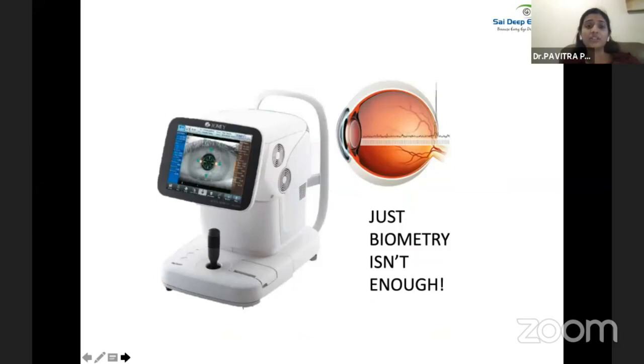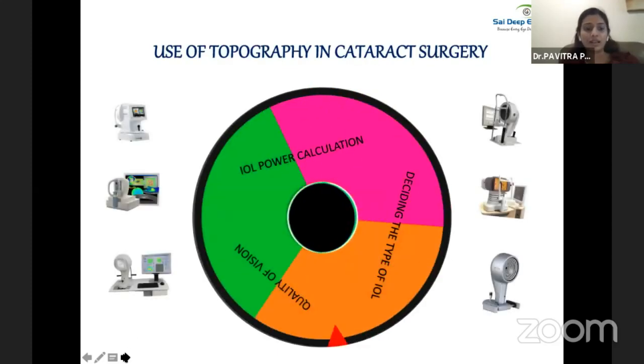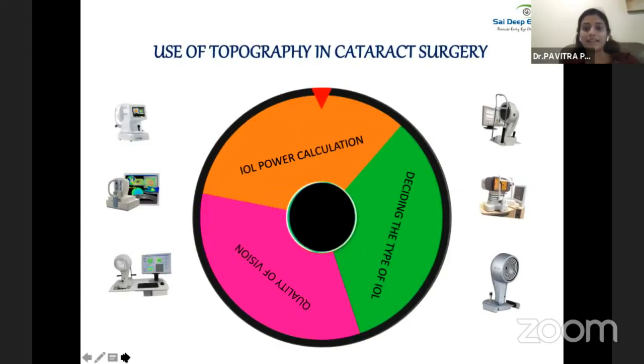However, for achieving optimum quality of vision post cataract surgery, optical biometry is just not enough. So, hitting the target bang on requires three things: first is accurate planning, perfect execution, and impeccable refined instrumentation. One such instrument is the corneal topographer. It helps in IOL power calculation, deciding the type of IOL, and aids in giving optimal quality of vision, especially